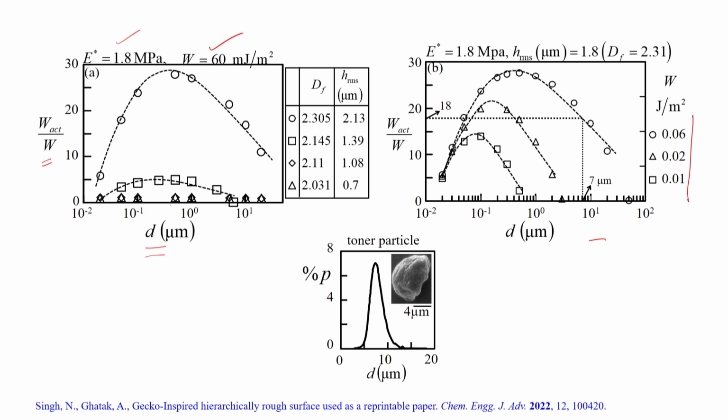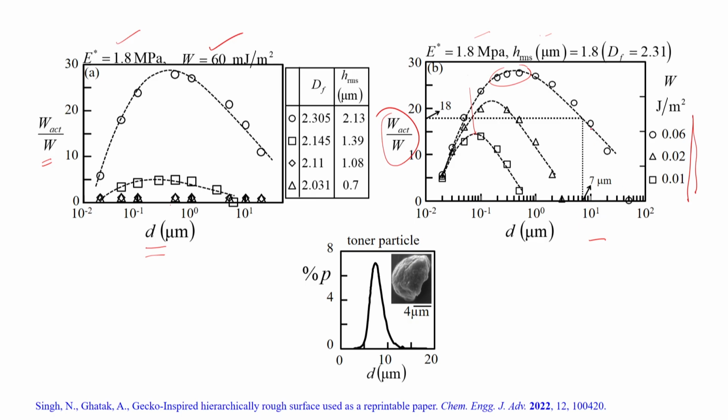Here, for example, if you have the same Young's modulus and the RMS roughness remains the same, now with particles having different work of adhesion: if the work of adhesion is large, then of course W actual by W will be large. However, if you decrease the work of adhesion, then of course this value decreases for different particle sizes. You see also that this curve is different for different particle sizes, in the sense that